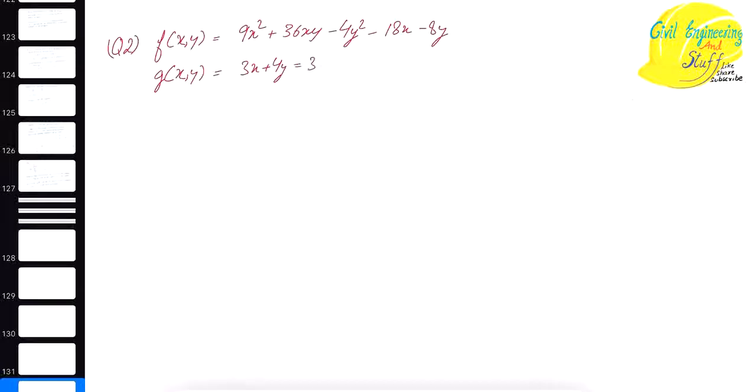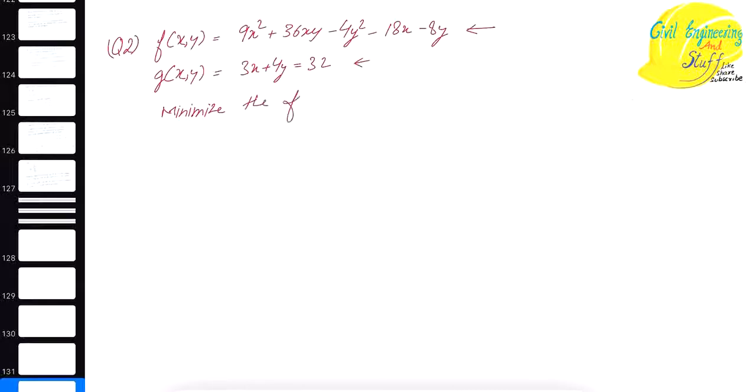So question number 2, we have f(x, y) = 9x² + 36xy − 4y² − 18x − 8y, and the constraint is 3x + 4y = 32. So this is our function and this is our constraint, and we have to minimize